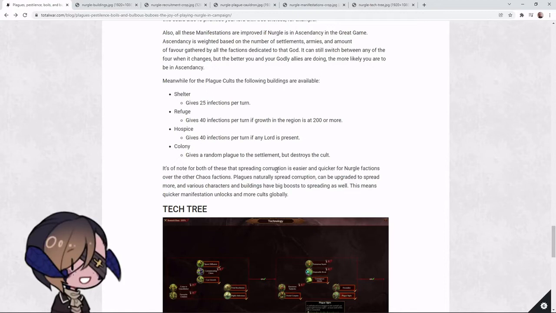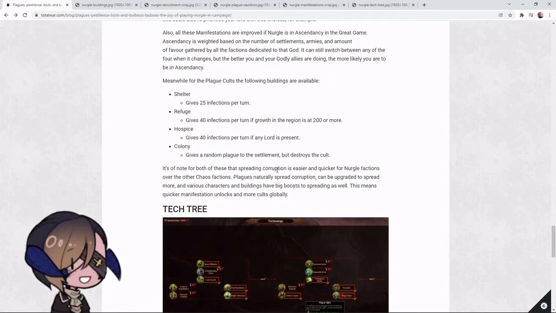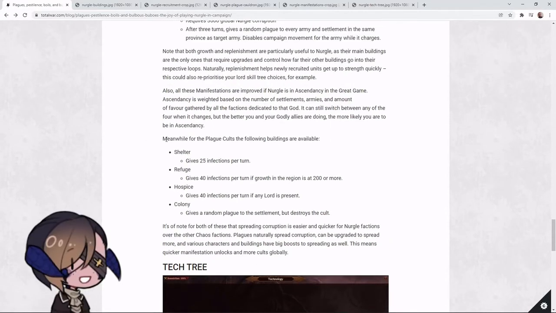There's a note that spreading corruption is far easier and quicker for Nurgle factions over other Chaos factions, because plagues naturally spread corruption and can be upgraded to spread more. And various characters and buildings have big boosts to spreading it as well. This means quicker manifestations, unlocks, and more cults globally. Meaning, ooh, watch out. Nurgle's coming. Now, for the cults,